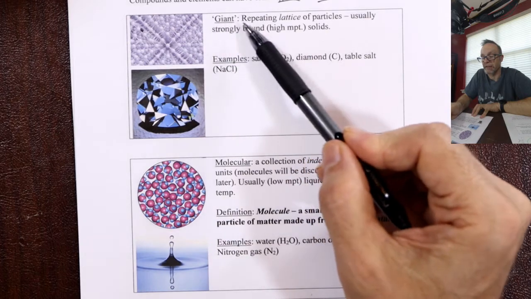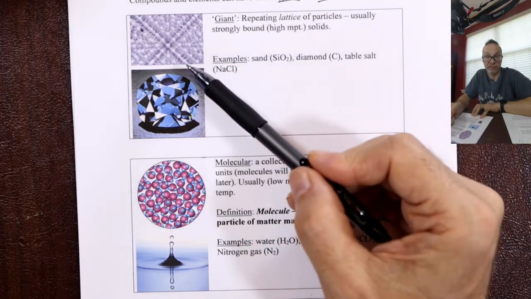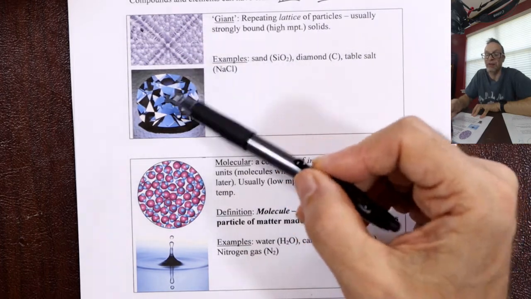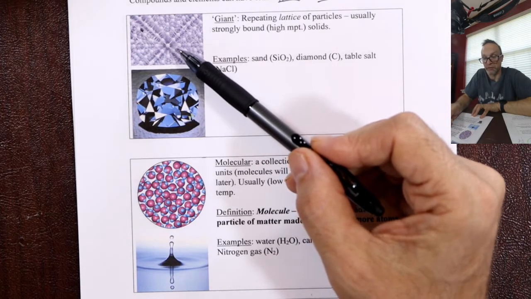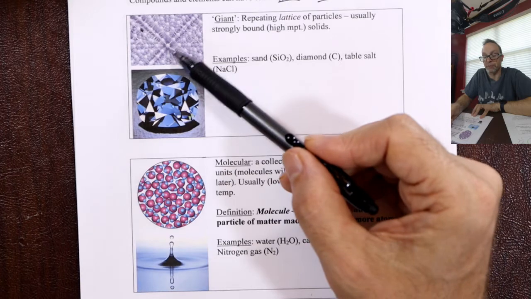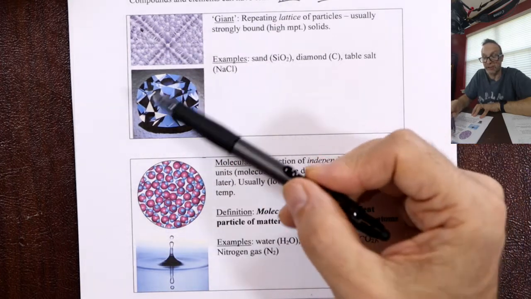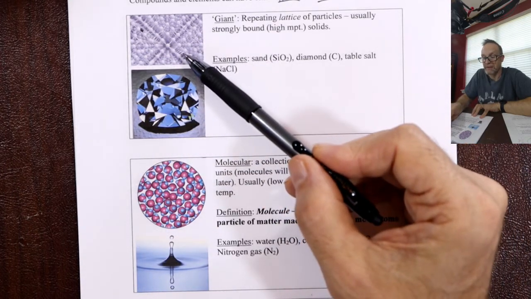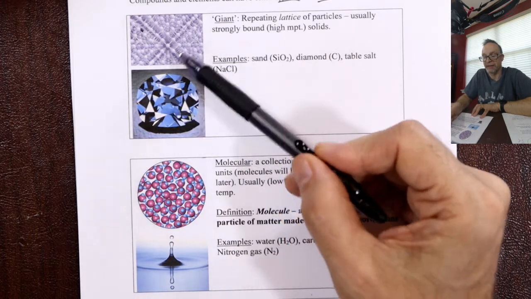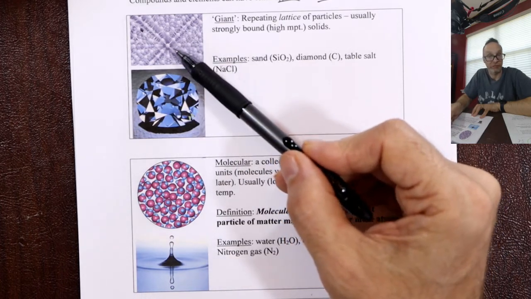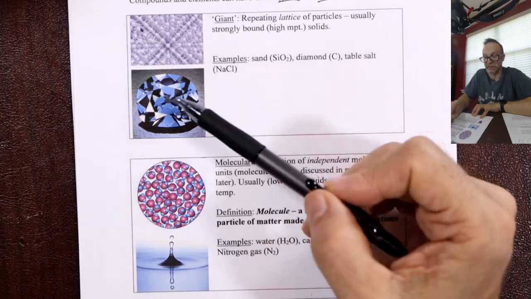This is called a giant repeating lattice, often called a crystal. So a crystal is just atoms that repeat their pattern over and over again. It just grows and grows. And when it gets to the point where there's enough atoms to see, you can see a small crystal, okay? A diamond is just a crystal, right? It's just a bunch of atoms of the same kind in a particular geometric arrangement, a lattice or a crystalline